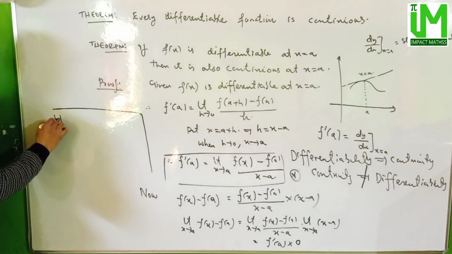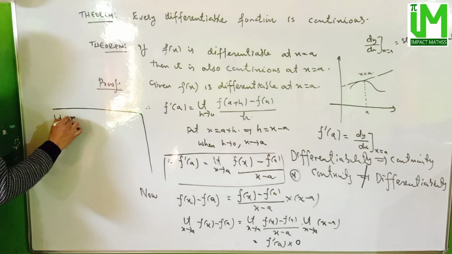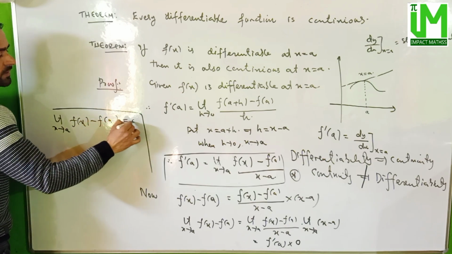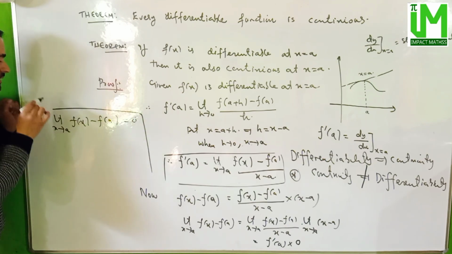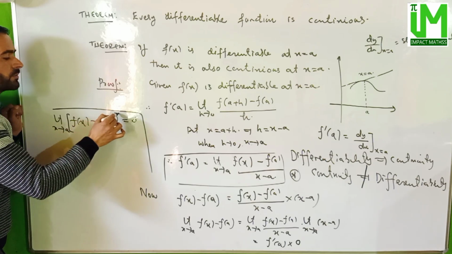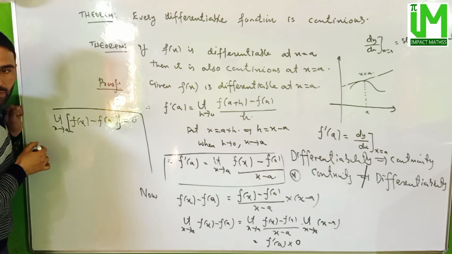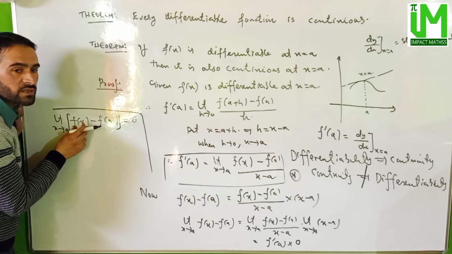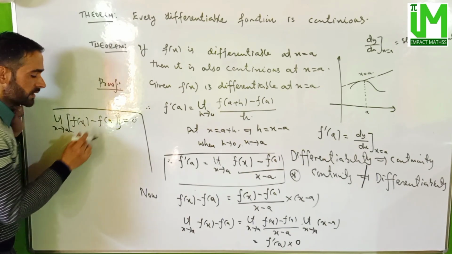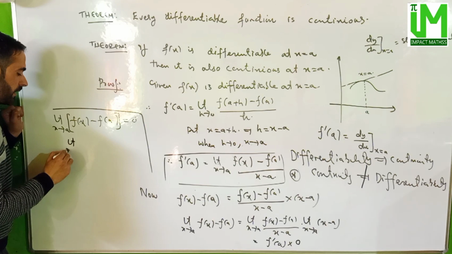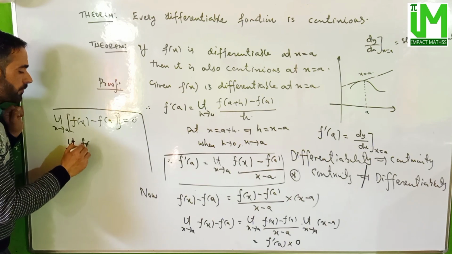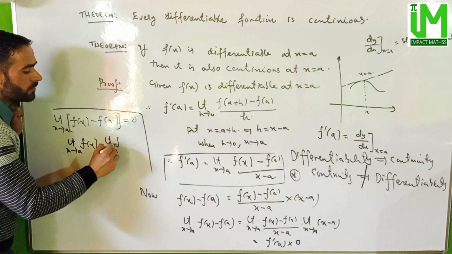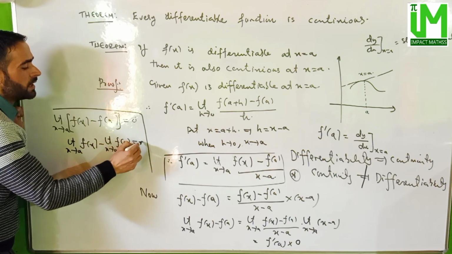So this is limit x tends to a of f of x minus f of a is equal to 0. Since we know the limit of a difference is the difference of limits, that means f of x has its own limit and f of a has its own limit. So it will be limit x approaches a of f of x minus limit x approaches a of f of a is equal to 0, but